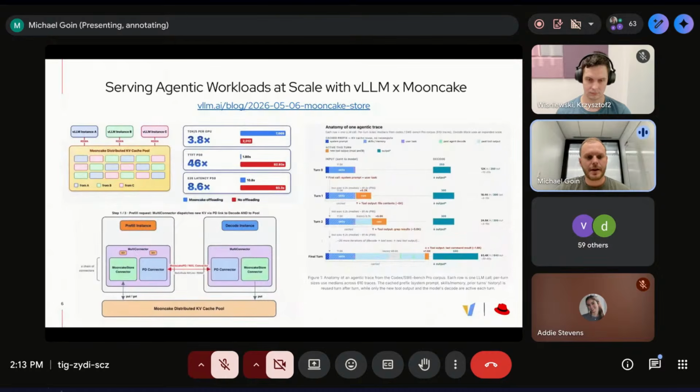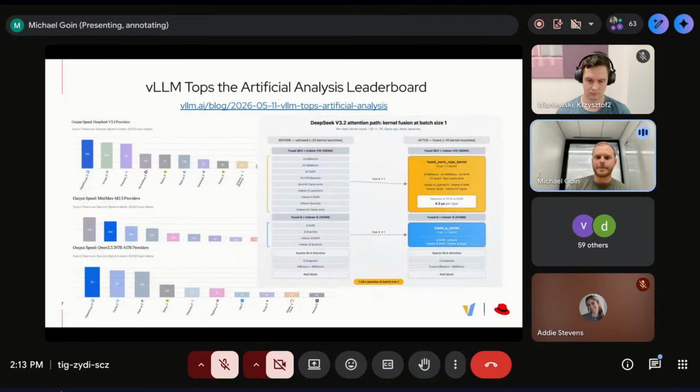So really cool. There's also this blog in collaboration with DigitalOcean, where they talked about how they use vLLM and the optimizations we've done together to optimize DeepSeek 3.2, MiniMax M2.5, and Qwen 3.5, the largest one that's open source. Kudos to them for making it to the top of the Artificial Analysis leaderboard.